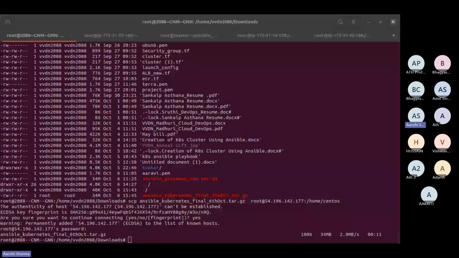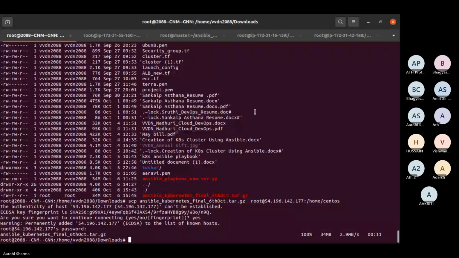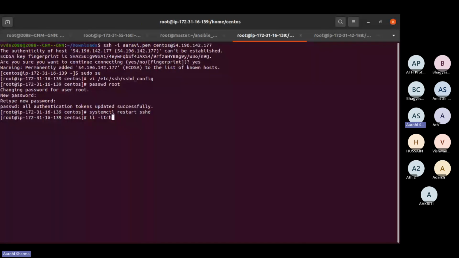So now I'm going to check over here. You see, I'm just copying the file from my local to the server and I'm able to get it, right? In this same manner, I'm going to do it here as well.